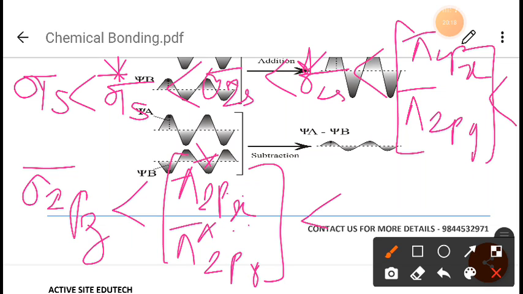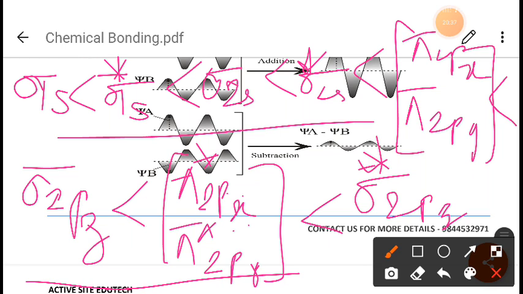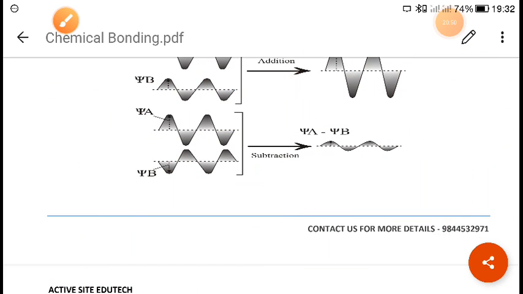Okay, and after that at last it will be sigma star 2pz. So the sequence of energy of a molecular orbital for homonuclear diatomic molecules, except oxygen and fluorine, O2 and F2, will follow this sequence. Now, in case of O2 and F2 molecules, the energy of this